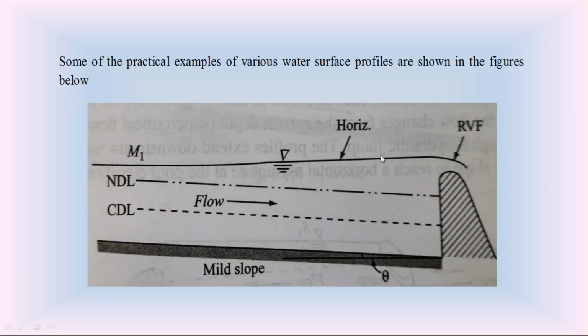On the downstream side, you know that y is infinity, that is, a large depth on the downstream side. At a large depth, y is infinity, dy by dx is S0. So here on this downstream side, dy by dx is S0. That indicates on the downstream side, this M1 water surface profile is tangential to the channel bottom. Check this channel bottom please. This channel bottom is asymptotic to horizontal. The channel bottom is approaching the horizontal.